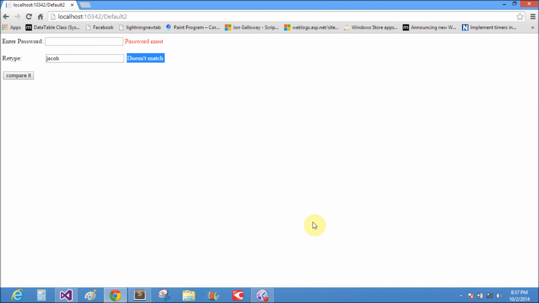The enable client side scripting is enabled. When enable client side scripting is enabled, then it is not necessary to click on the button. You can also click on the other side of the button control when enable client side is true. Otherwise, if it is false, then you must click on the button for validating the page by the server.